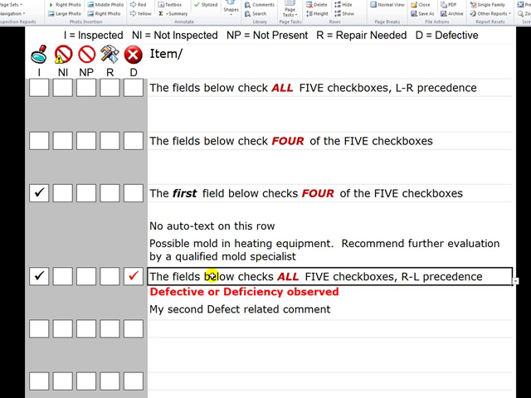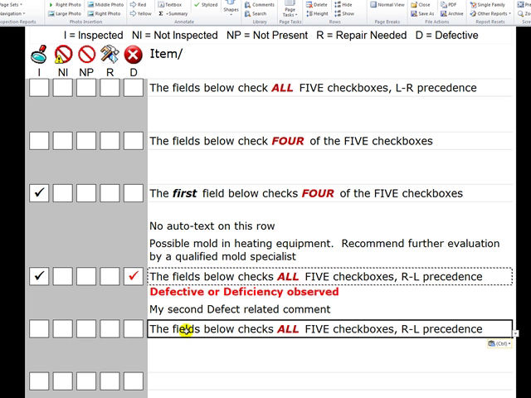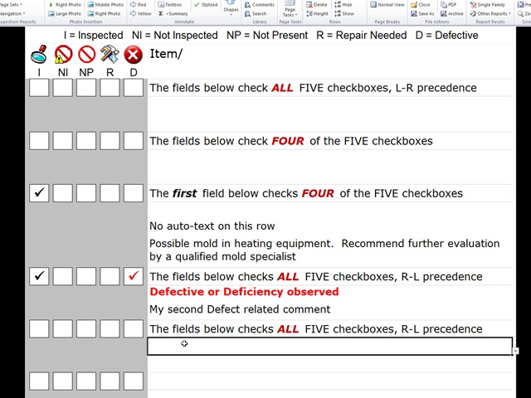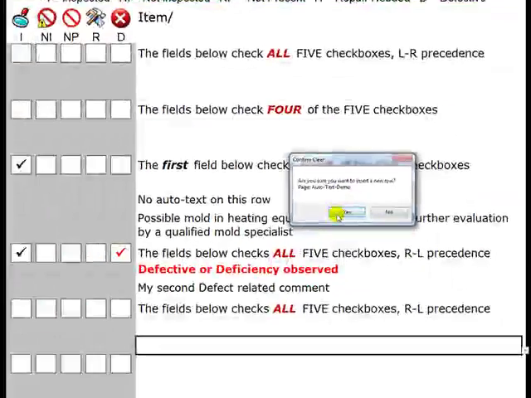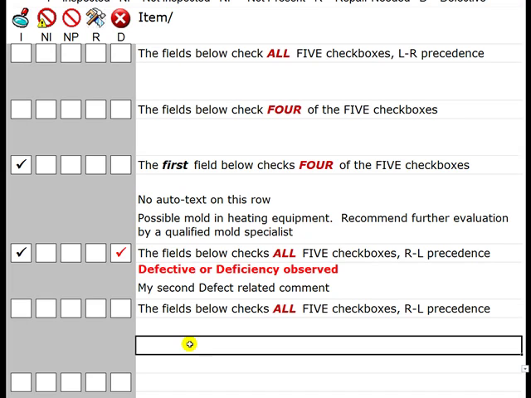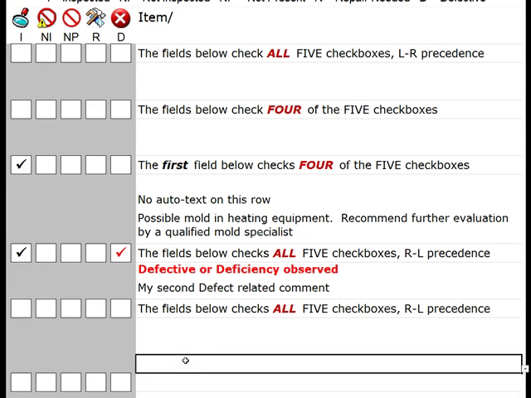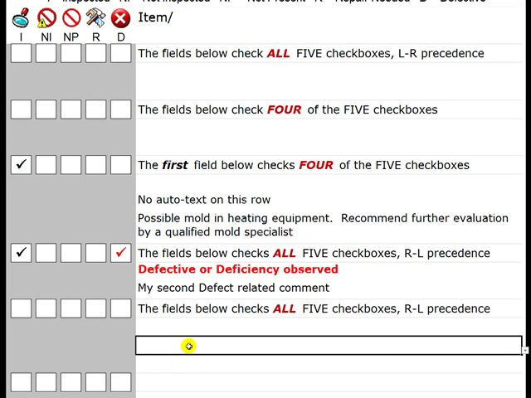I'm going to just grab this same heading, copy and paste, Control C, Control V. Then I will come down a row. I'll insert a row. So we'll have those two rows of standard text. I will then come up to